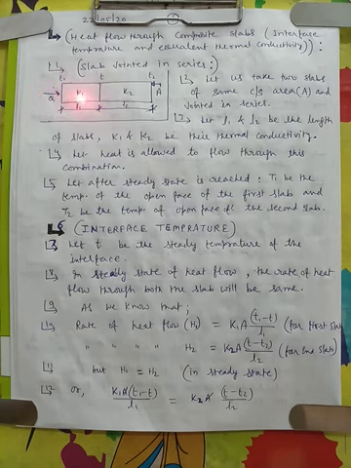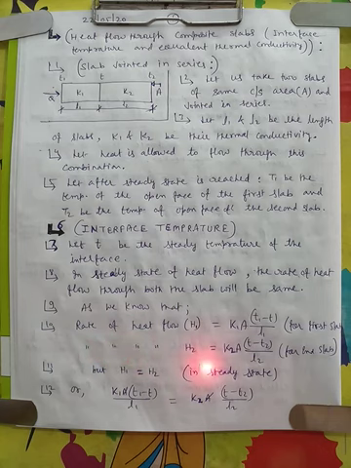If we calculate the rate of heat flow for the first slab, we get H1 is equal to K1 A (T1 minus T) divided by L1. Here temperature T1, here T. And the rate of heat flow for the second slab will be K2 A (T minus T2) by L2, because T1 is greater than T, and this interface temperature T is greater than T2, since heat is flowing from left to right. So H1 will be this, H2 will be this.